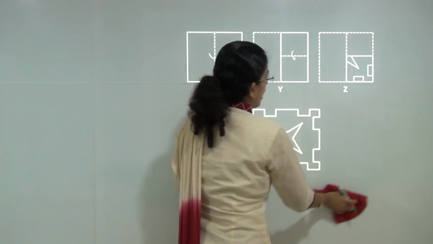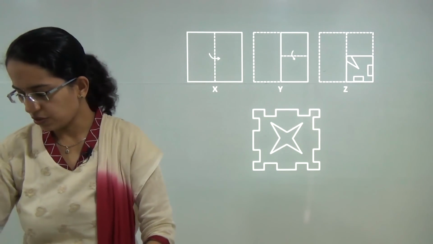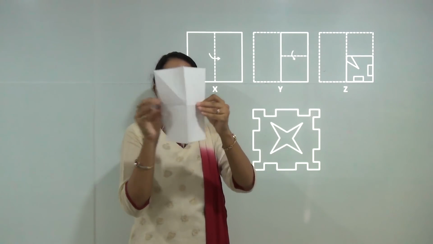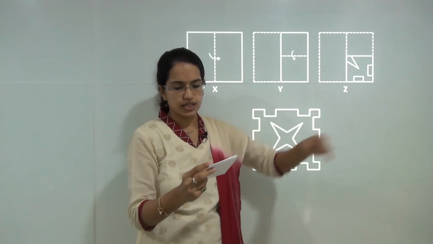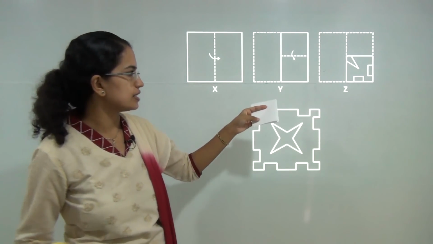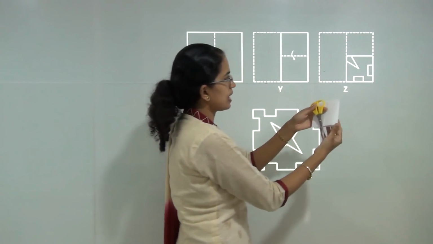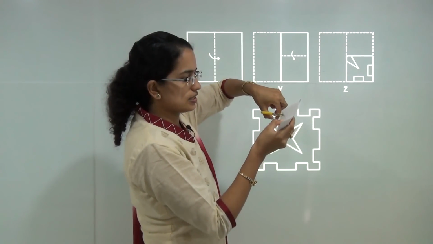Here again you have 4 folds of the paper that are done. So let's say you have the 4 folds that I have ready here. So these are the 4 folds that we have done. Step 1, step 2 and step 3. Now what is happening is, I have a centerpiece that is cut towards these sides and a triangular formation that is done towards this side.